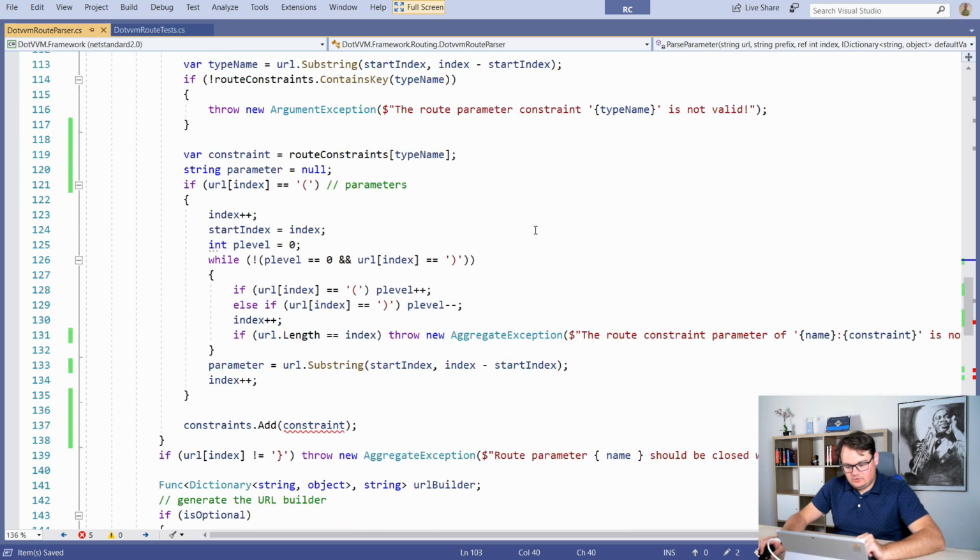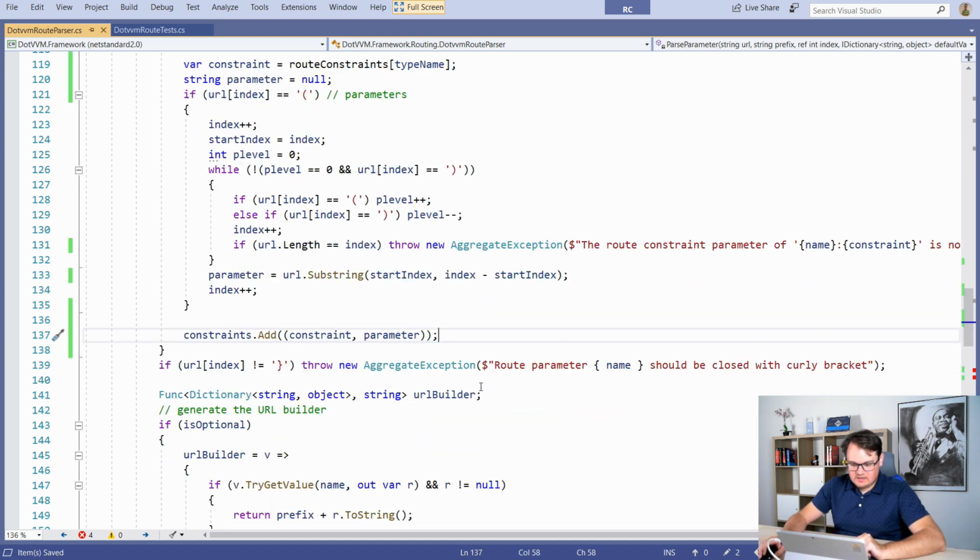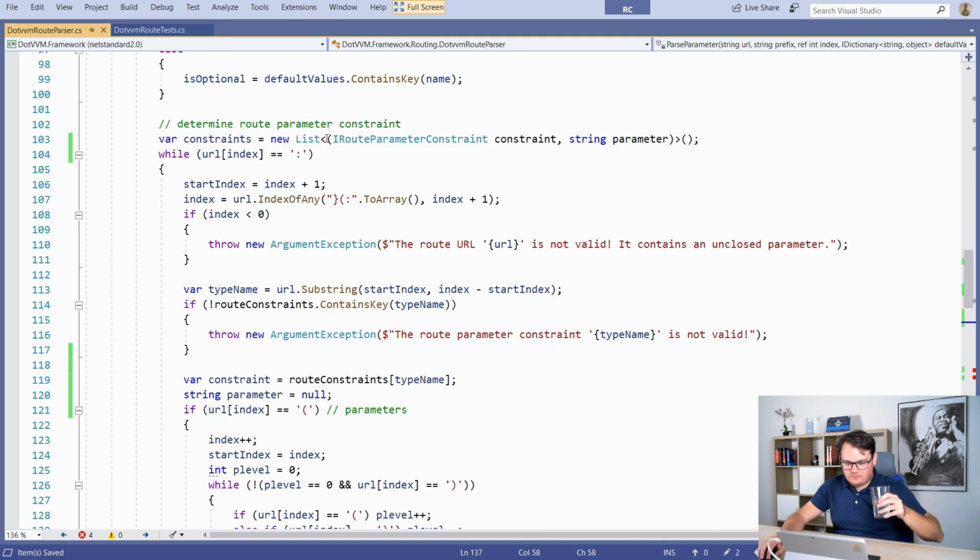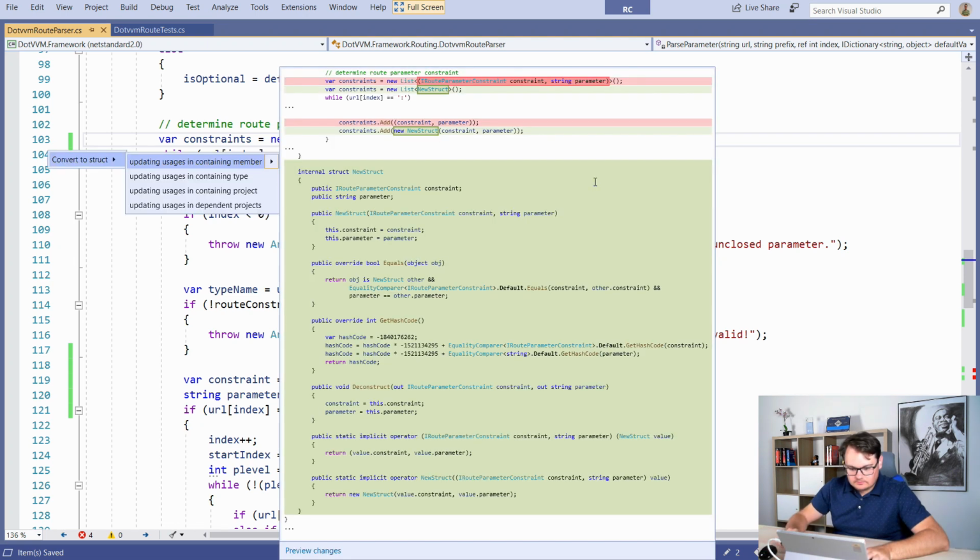Yeah, and I could add basically this constraint parameter. I would take these two variables and pass it here. If you don't like tuples, it's okay. I also don't like them much. But if this would be only in this method, if I don't pass that away from this method, I would be okay with the tuples. But since I need to pass that to another method, I can just convert this to struct,